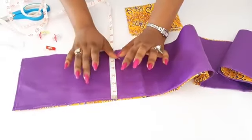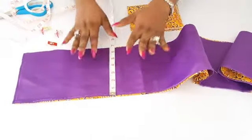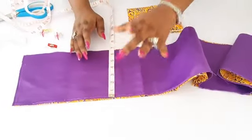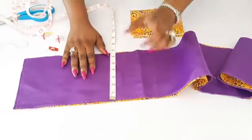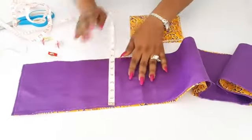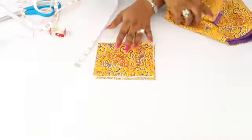But for a small size person, you don't want to use up to 6. It depends on how plump or slim the person is, or if you are making it for a child, that would determine the width. But between 5 to 6 is okay for average women. As I've said again, 5 to 6, then you just add ½ inch on both sides to sew it up. So have a note of that. Now, before we start sewing, let's go to the bow,